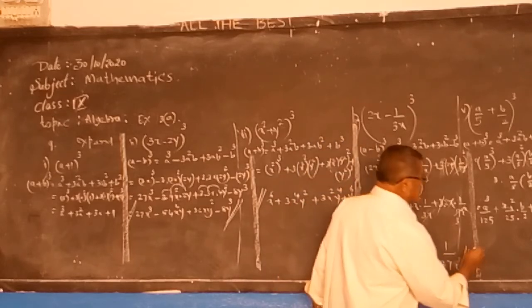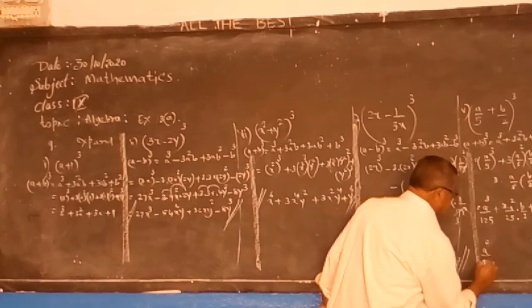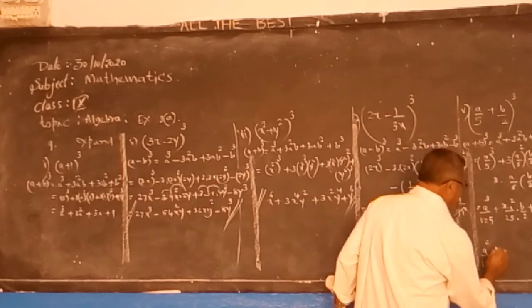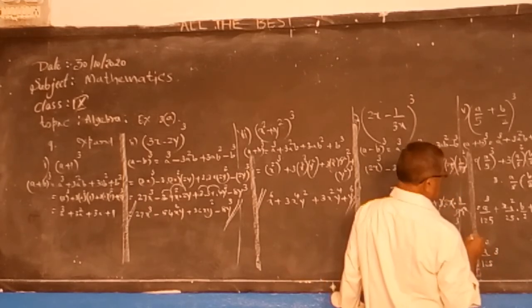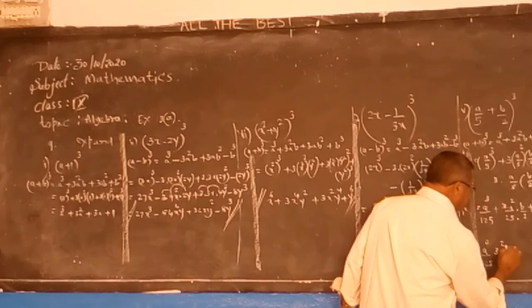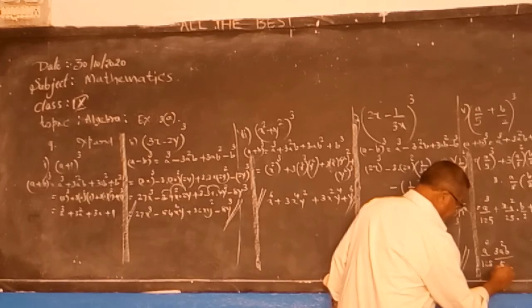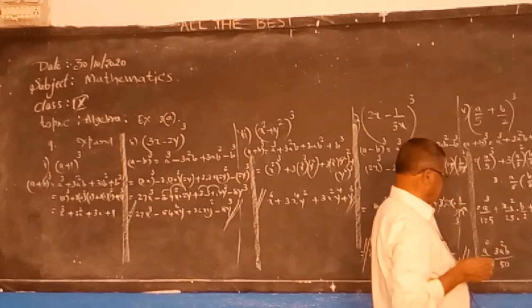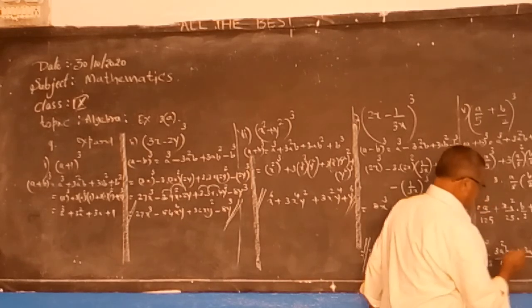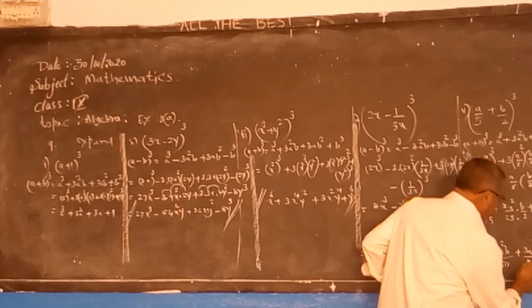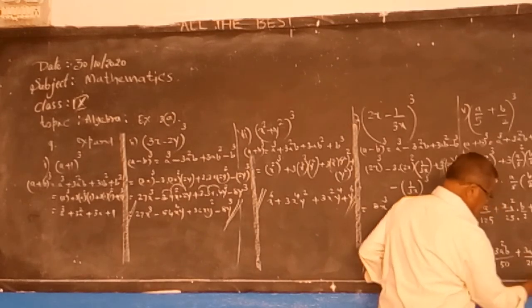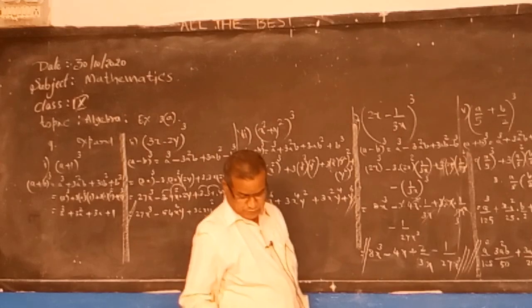Now simplify: a cube by 125, 3a squared b by 50, 25 closer here, 3ab squared by 20, plus b cube by 8. This is the expansion. Note